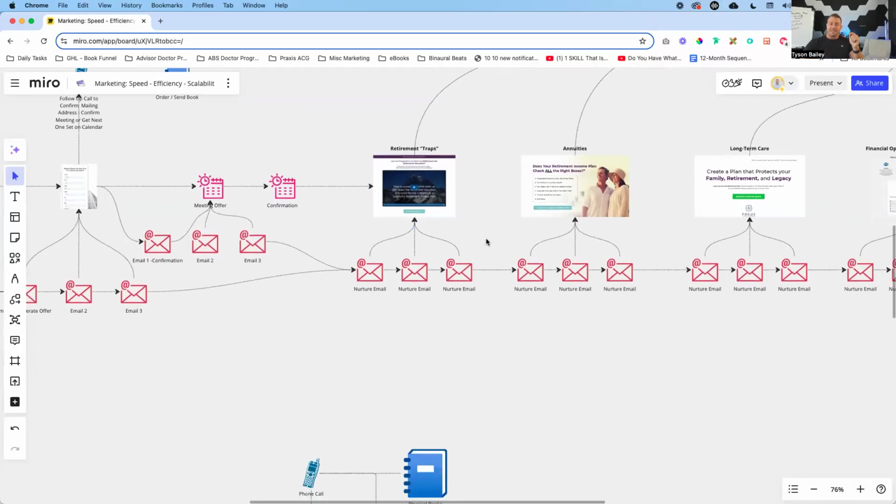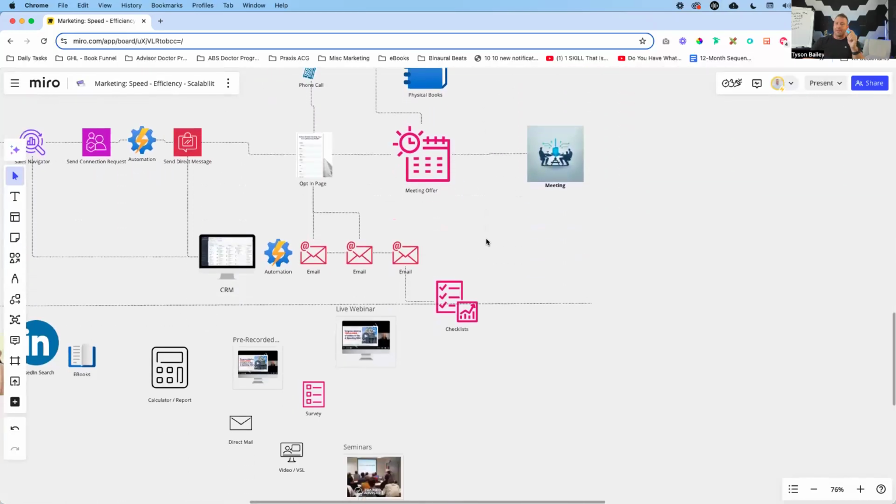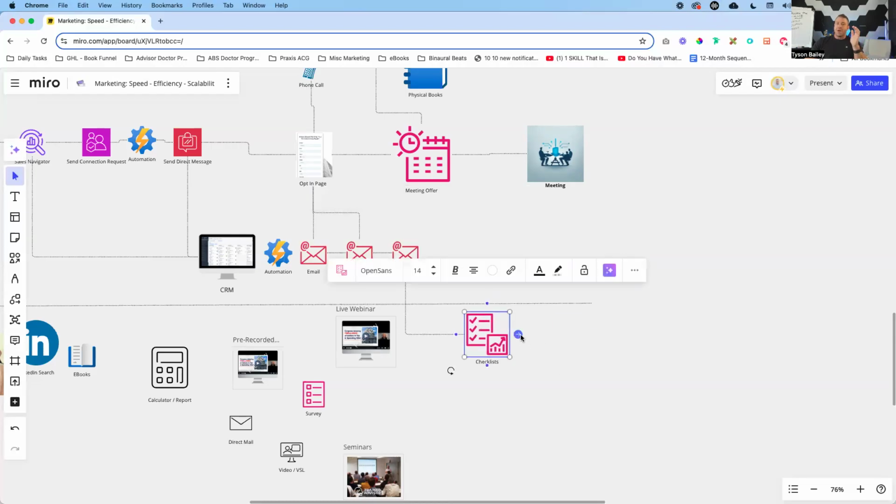Okay. So what happens is, with this structure down here, the way that that company had structured everything before, is they were saying, hey, Mr. Advisor, hey, Mrs. Advisor, go ahead and send this PDF out to your prospects and to your leads. It has great information. It's going to generate a lot of interest, a lot of buzz, which it does. But in the process of doing that, when somebody gets that email, if they get excited enough to click to get that checklist or that PDF, now you have created an additional barrier where they have to get out of that PDF, go to your email or your website or your landing page or whatever in order to figure out how they can contact you.